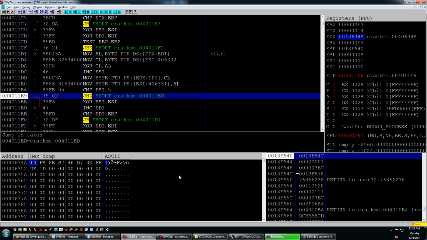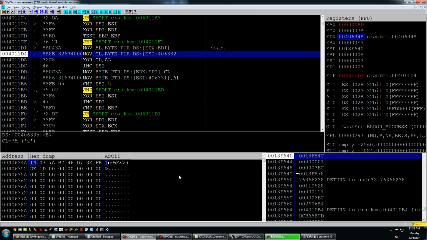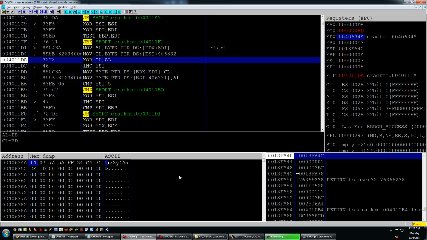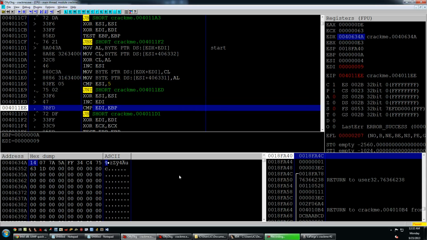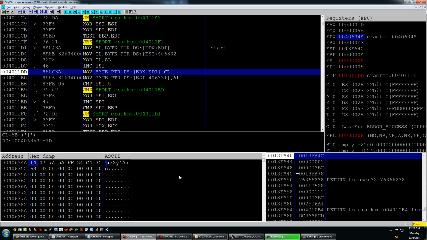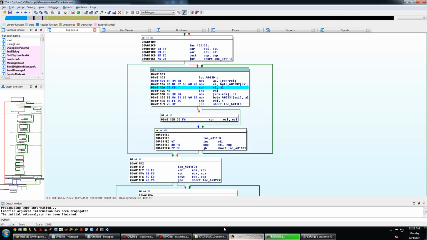Compare it against 5, and this is working exactly like we've seen before. So we'll just fly right through it and one more, and that's it. So let's go ahead and hop back over here to Ida,